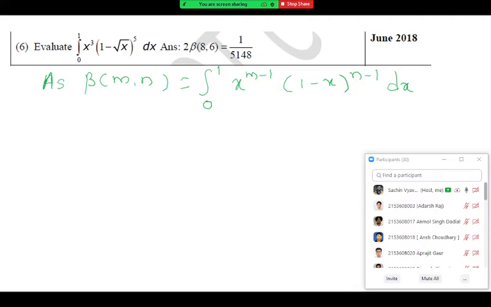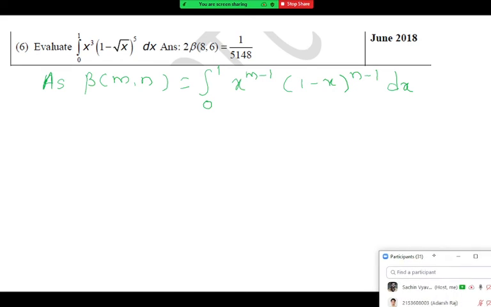Now you should observe the given integral and the definition. Yes, the limits are 0 to 1, and both are in algebraic form. So this integral can be solved by a beta function. The only thing is that we should find the proper substitution, and that substitution you generally get from the bracket. This bracket we should get in the given integral. So what should be the replacement so that we can evaluate this integral by beta?